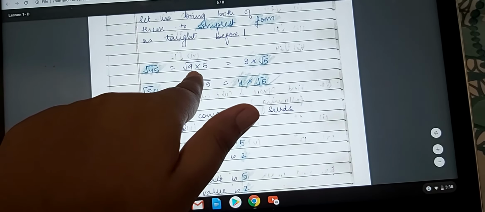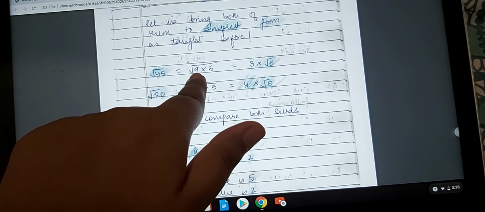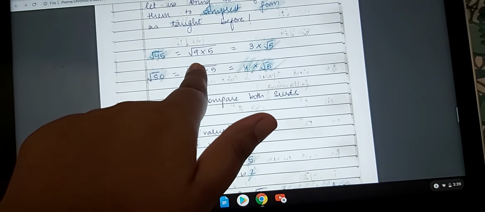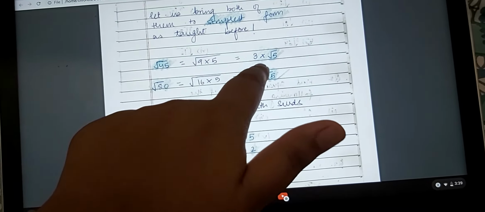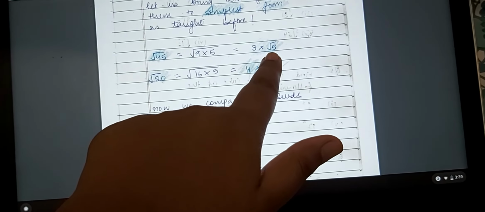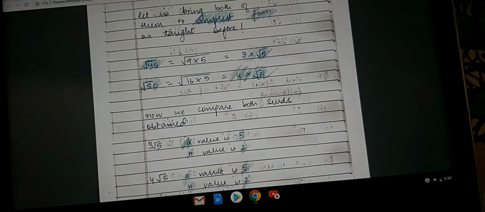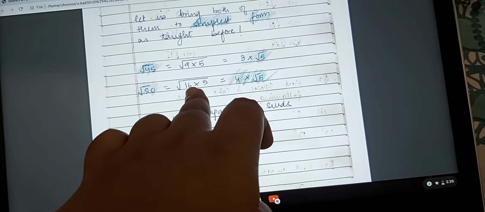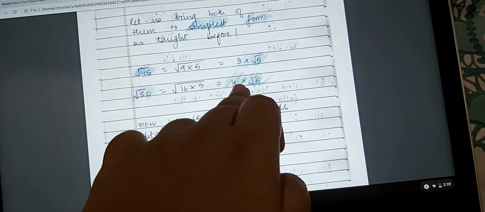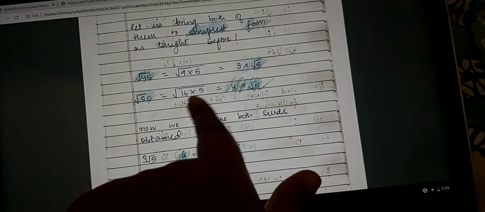Now 9 is a perfect square, which means 3 into 3 is equal to 9. 3 3s are 9. तो मैं 9 से ये हटा दूंगी, what you call the square root का sign, and I will make it 3 into square root 5. Same I will do with 80. 16 into 5, I will find 16 into 5. चलो ठीक है. Now 16 is also a perfect square of 4. 4 4s are 16. So I am going to remove this square root from 16 and इसको 4 लिखूंगी, and I will continue to write square root 5.